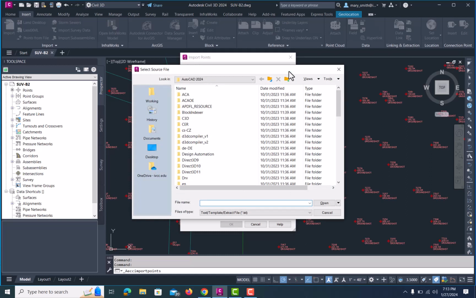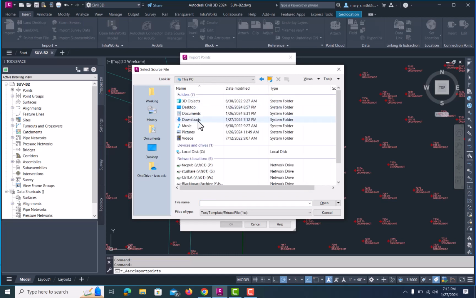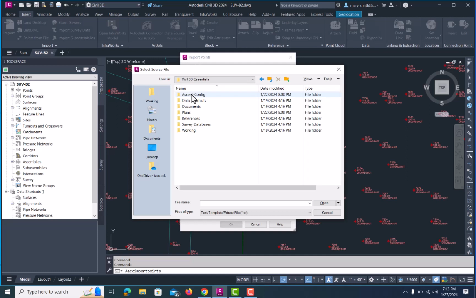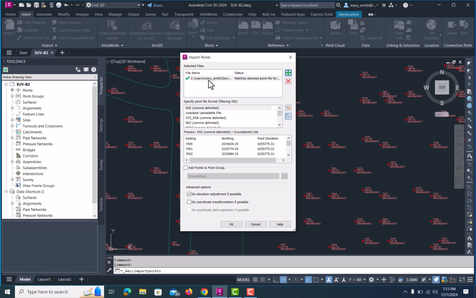And we're going to navigate back to the publisher files, but now we're going to look for a data file. So I'm going to have to navigate to the folder that I saved my project files to. And within the Civil 3D folder, I need to find the survey databases. And then within survey databases, I need to find the data folder. Within the data folder, I'm looking specifically for Ground Shots 1. So with that file selected,